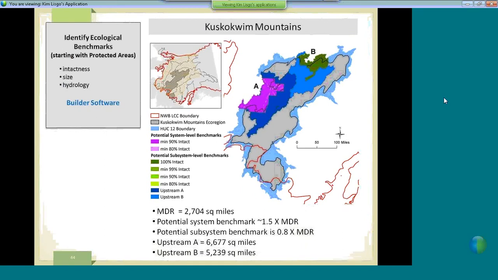There's one system level benchmark and one subsystem level benchmark in this ecoregion. So the purple here, or the pink colors, show two potential system level benchmarks that were identified. So if we were to use a minimum of 90% catchment intactness, it would be the darkest pink, and if we drop down to a minimum of 80%, we would pick up these little small pieces within the protected area to add to our benchmark. In terms of a subsystem benchmark,